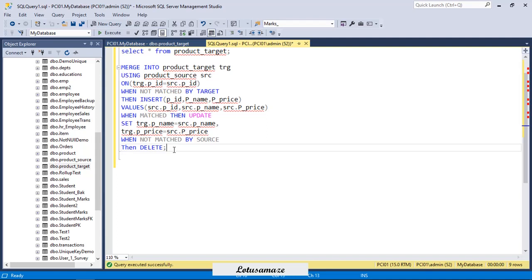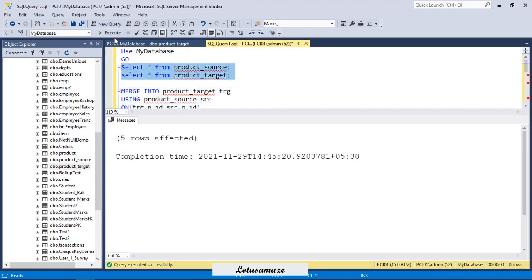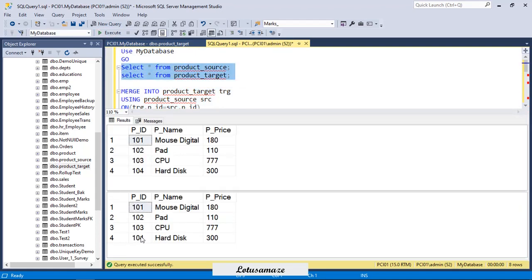Okay. Now execute the whole statement. Execute. Check the data. Now you can see 106. It was in the target table, but now it has been deleted via the merge statement.